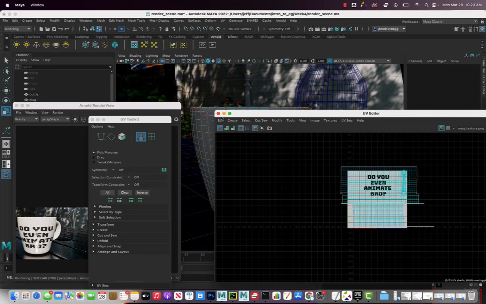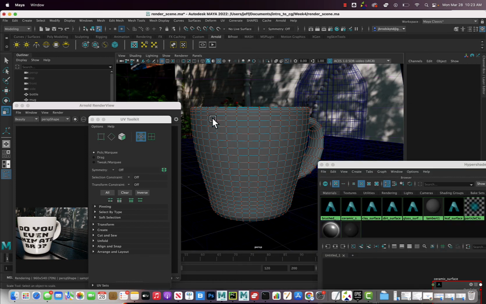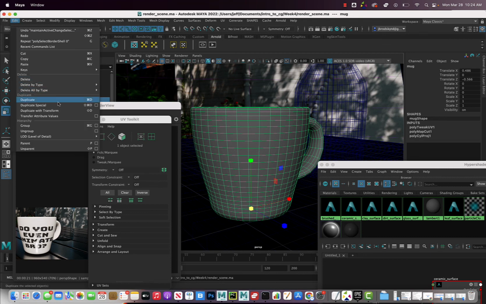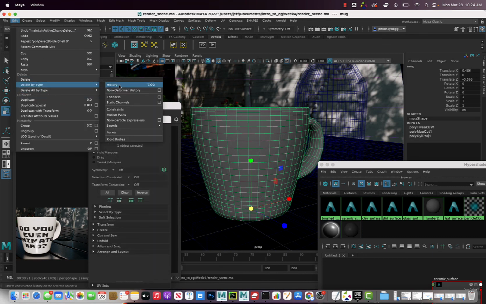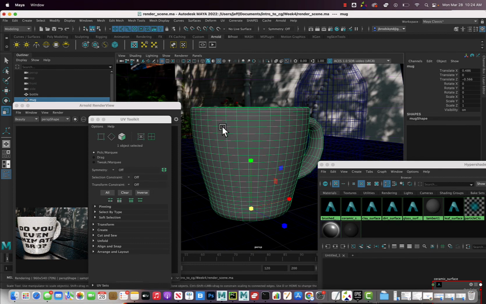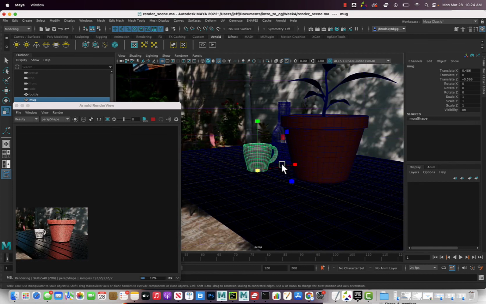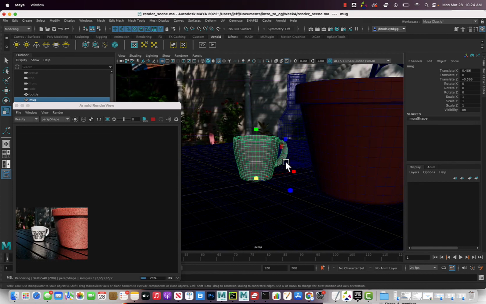So let's close the UV texture editor. Let's right click, go back to object mode. Let's save our scene. We have all this construction history on that mug because we did all those UV edits. So let's go to edit, delete by type, and delete history. So now we could close all these extra windows. We could come out and look at our scene, and I think that's pretty much it for